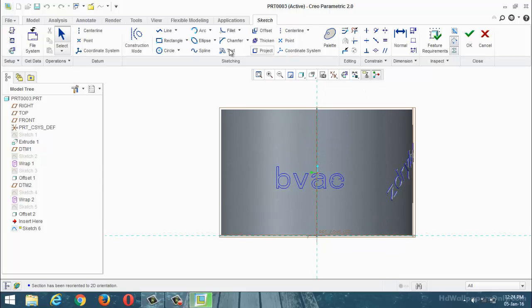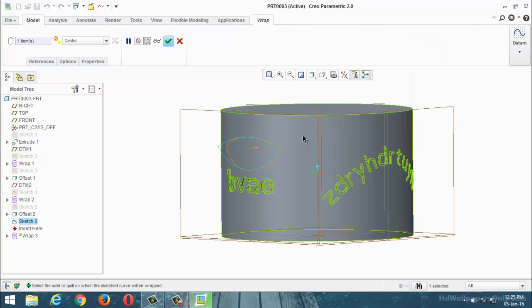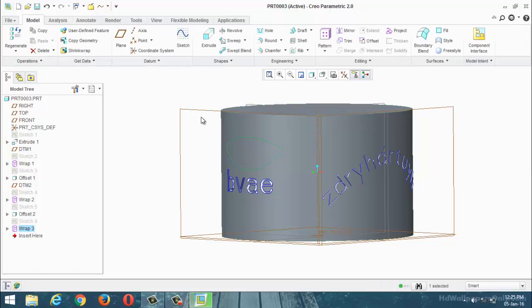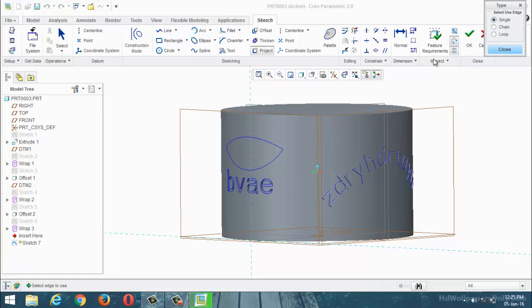Now I am going to design one curve. Okay. Again I am going to prepare slot in this direction. Again around the surface. Just okay. Same thing. Wrap. Okay. Then again select the plane, sketch. Project, set it to loop, again this one, close, then